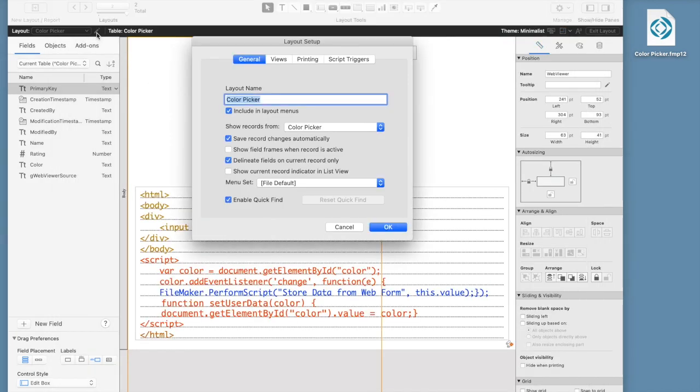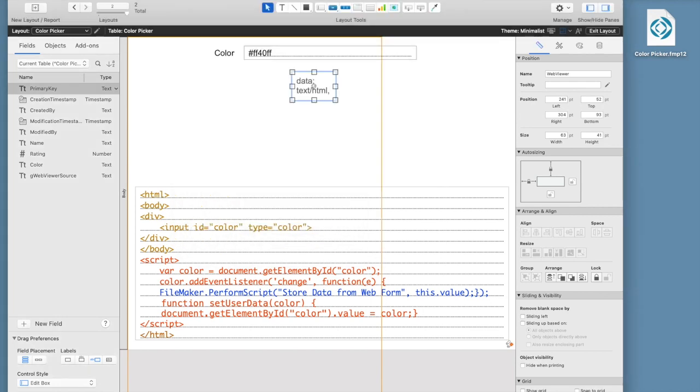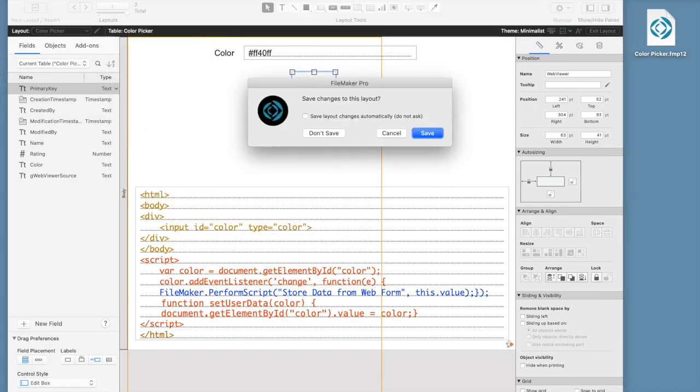And finally, if you go into Layout Setup, you'll notice that this file has two script triggers on this layout, the OnRecordLoad and the OnRecordCommit, which means that anytime a user goes in and changes one of the fields on this layout, it's going to run a certain script. And that's if somebody lands on this layout for the first time as well, and maybe this value got changed on a different layout. So that script is going to come up here in a second when I show you some of this functionality. So if we go into Browse mode,